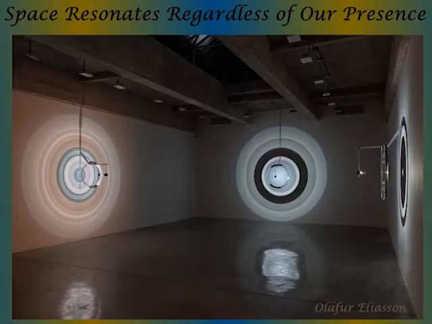The final and most amazing of the 5 pieces is Space Resonates Regardless of Our Presence. By utilizing an old optical trick originally used to send stray light beams in a single direction on the top of lighthouses, Eliasson, according to his website, put it to use to exploit the potential of using light as a malleable material. Light projects 3 different images onto a nearby wall through a single light source using a Fresnel lens, which creates a prism effect within the images.